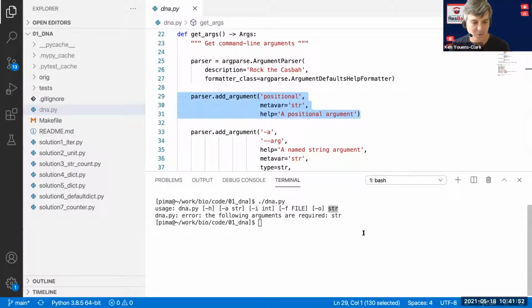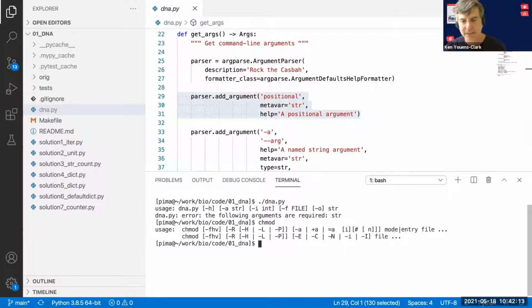In the parlance of command line programs, there are different types of arguments. This one here is a positional argument because its meaning is derived from its position on the command line. There's a very useful program or command called chmod, and if I don't run it with any arguments, it tells me that in its own way, which is not extremely helpful, that it requires two arguments. One is the mode, like something like 755, and then the other thing is the entry of the file. And if I get those things mixed up, it's not going to work.